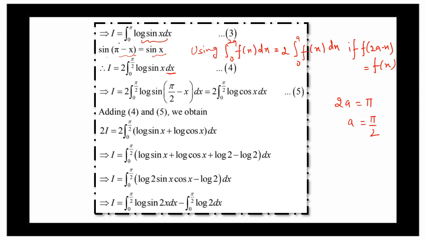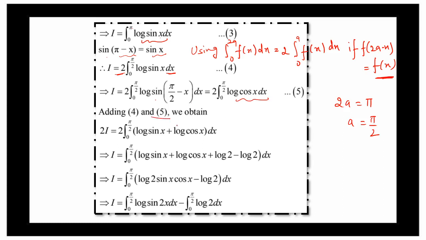Now look at this step. Sine of pi minus x means sine of 2a minus x, f of 2a minus x. So sin(pi minus x) is sin x only, right? So if we replace x with pi minus x, we are going to get the same result, the same function. So if this condition is satisfied, the integral 0 to 2a of f(x) can be written as twice the integral 0 to a. A is what? Pi by 2, log sin x, right? Let it be 4. Now we are using another property of a minus x. So log of sin(pi by 2 minus x) is log cos x.